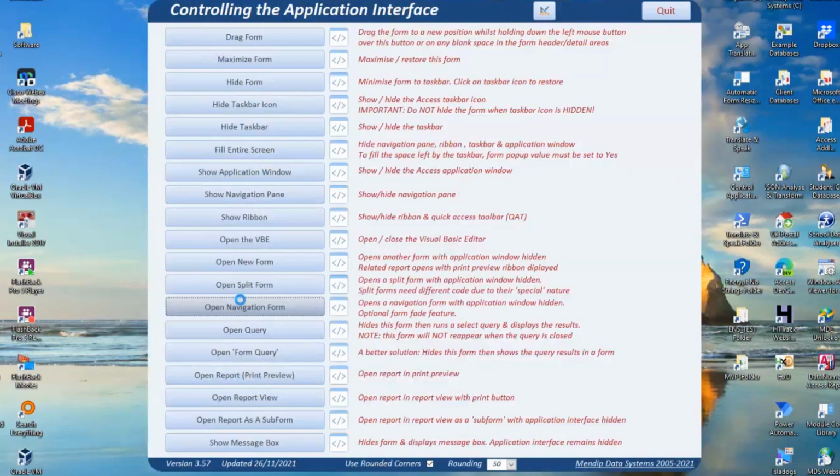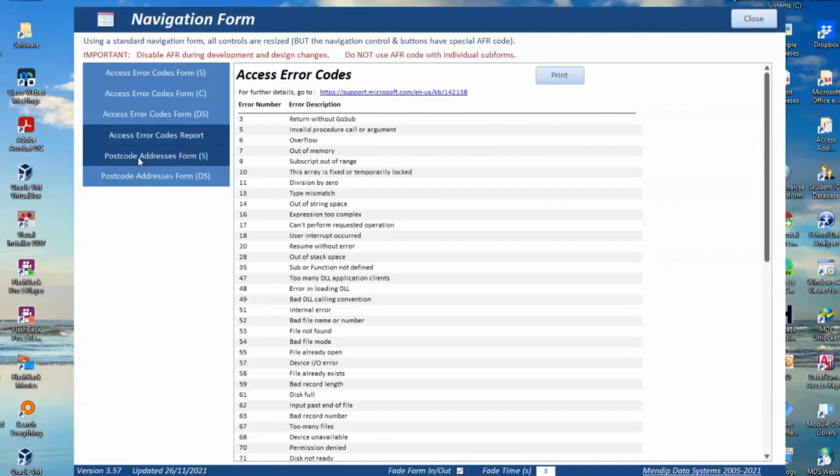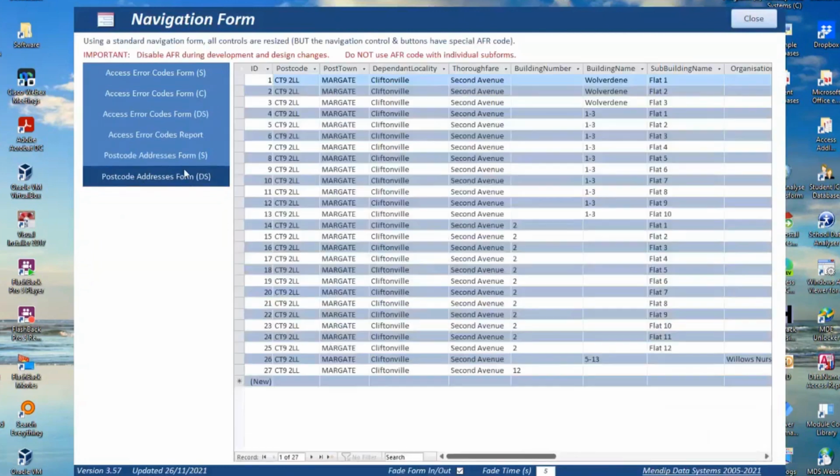Navigation forms, although they're very clever, I don't use them because I find them very limiting. Users like doing these because they can get a lot of things onto a form very easily with drag and drop, until they try to do something clever and then they realize that they're stuck and they have to start again with the standard form. But again, navigation forms work absolutely perfectly with this setup, no problem whatsoever.